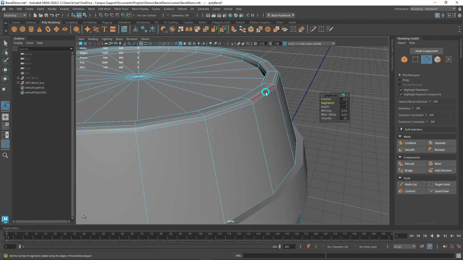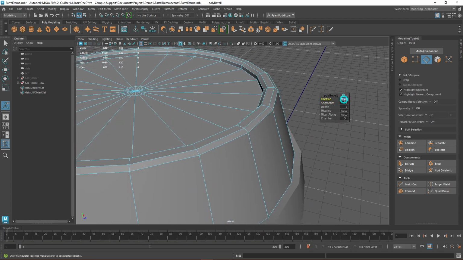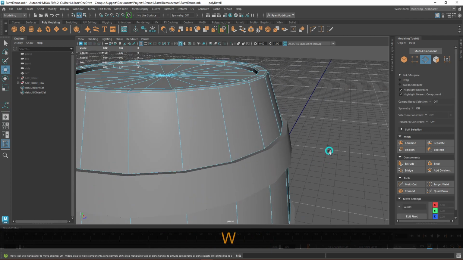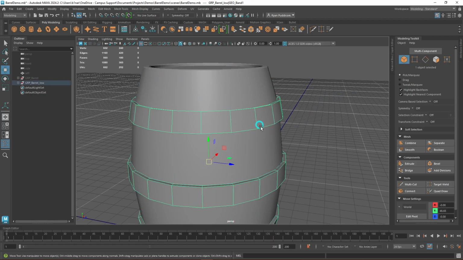So it depends on your poly count and the shape of the object, of course, but I highly recommend trying to use 2 segments over 1, especially if you've already done the UVs for it. 0.3, and that's good. We hit W to confirm,